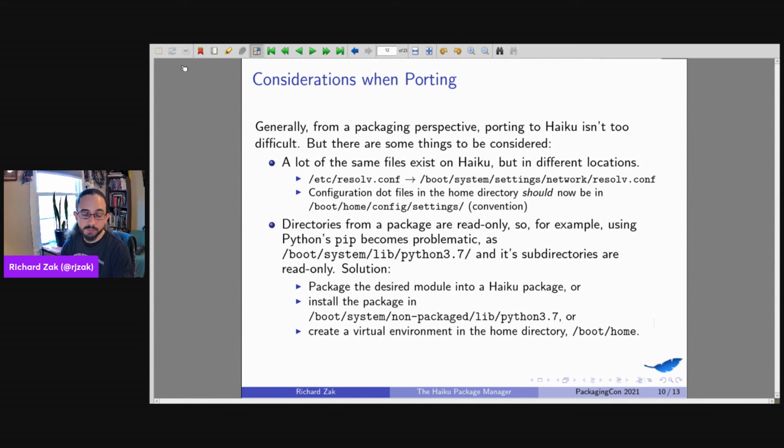The other option is that you could tell pip to install inside of the non-packaged directory, and then you could update your Python configuration to add a new directory to the Python path. And the final option is you could just create a virtual environment and just work from there, in which case